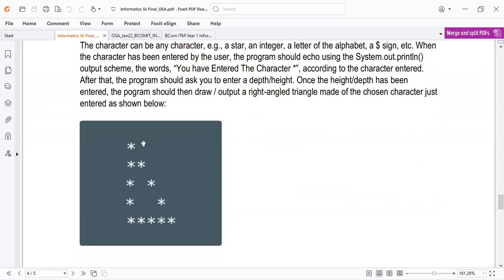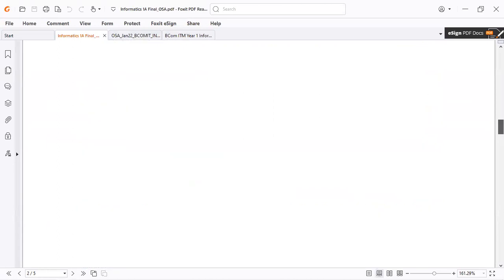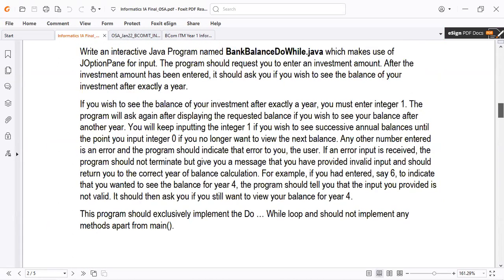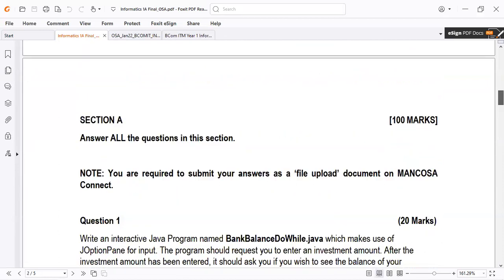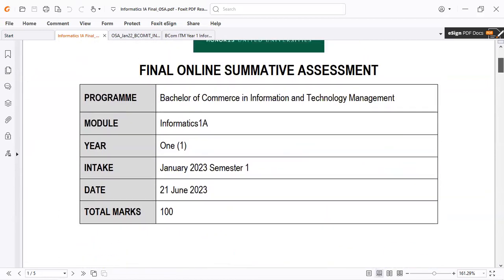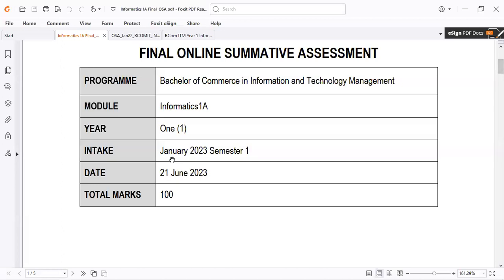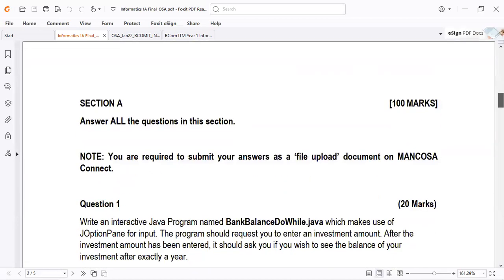How exactly do you come up with this? So let's do this past exam paper. This was the hardest exam that I have seen in my life from Mancosa, the one they wrote in January 2023, semester 1.